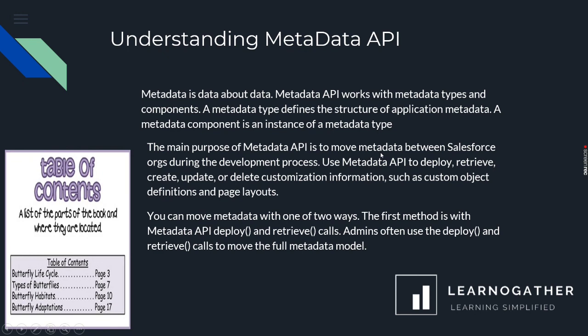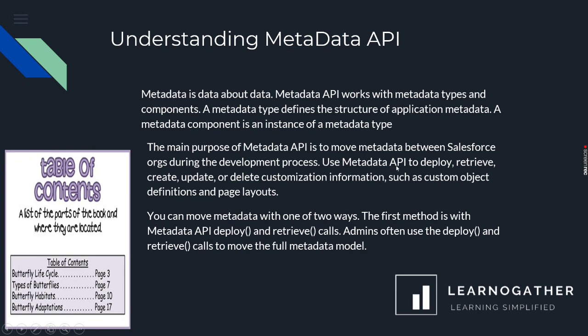process. How? Suppose, for example, you created some classes, triggers, and object custom fields in a sandbox, and now you want to move that metadata from your sandbox to the development or something like a production org. So you will use this metadata API. You can use different things also, but you can use metadata API too for that.